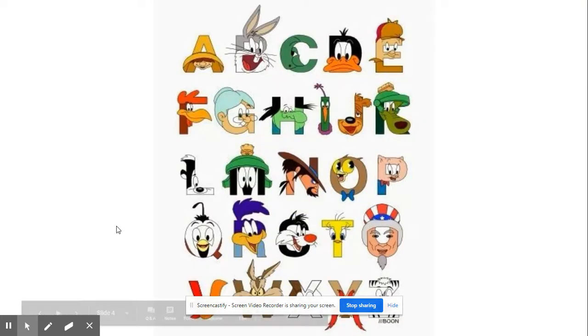I thought this one was interesting. It is all of the Pepe Le Pew and Marvin the Martian and all of the Warner Brothers, I think is who it is, characters. So they did the whole alphabet. I'm not asking you to do the whole alphabet. I am asking you to do a